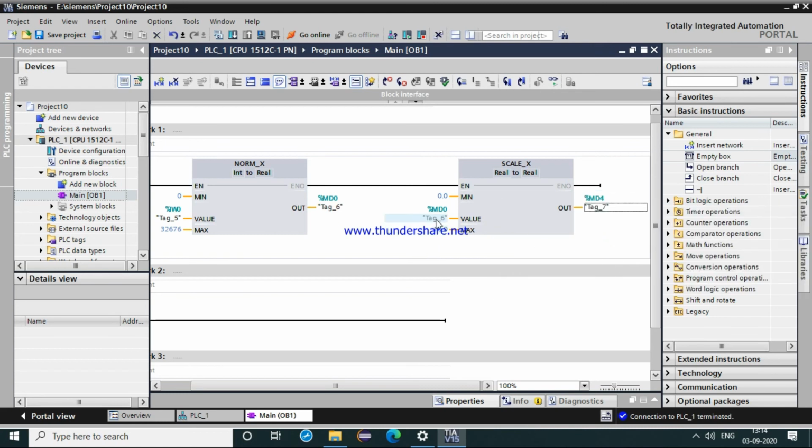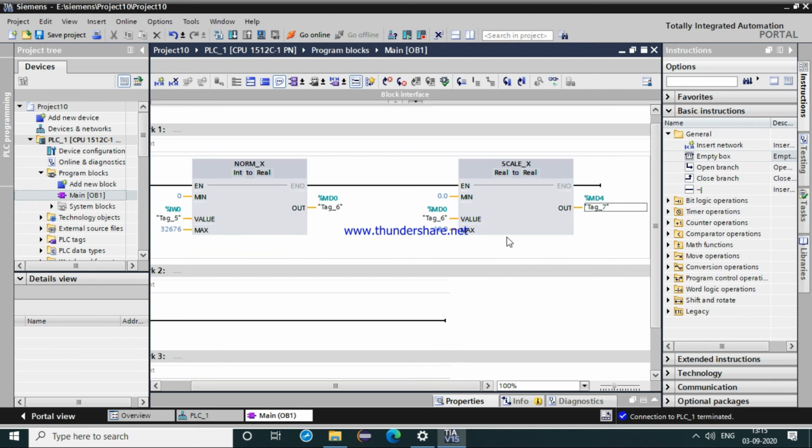As this is 32-bit, the word size is 4 bytes. So the double memory word size is from 0 to 3, and then the next memory we will be using is MD4.